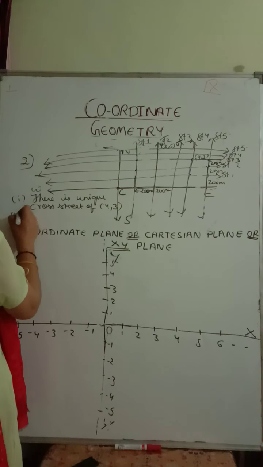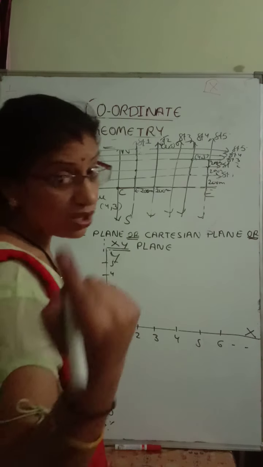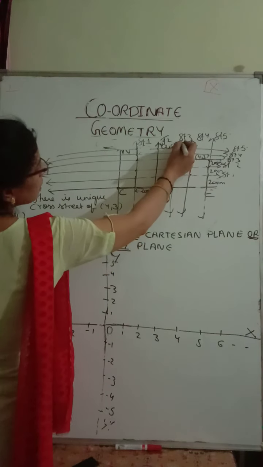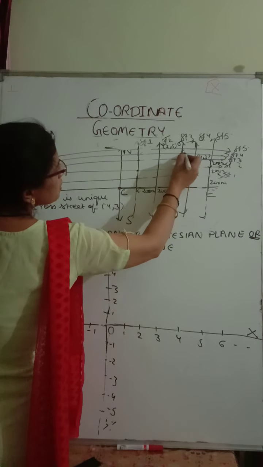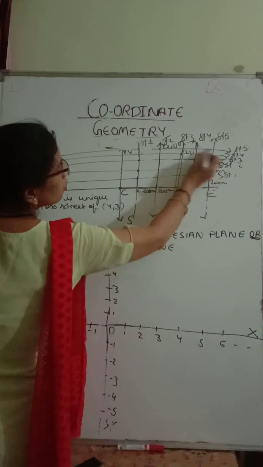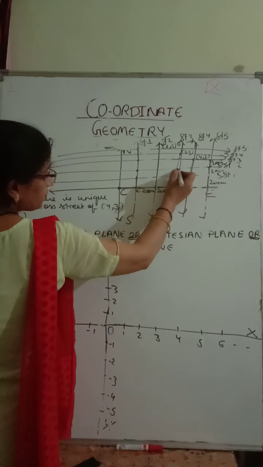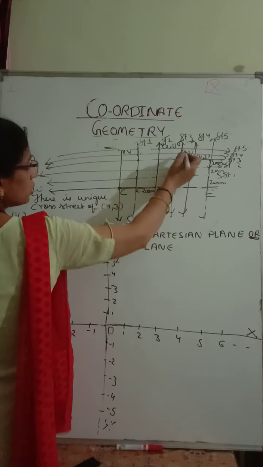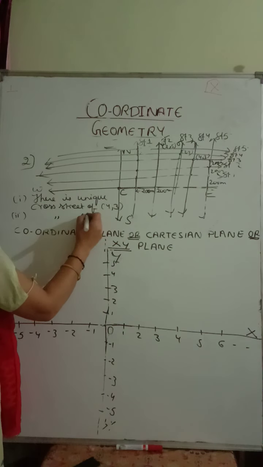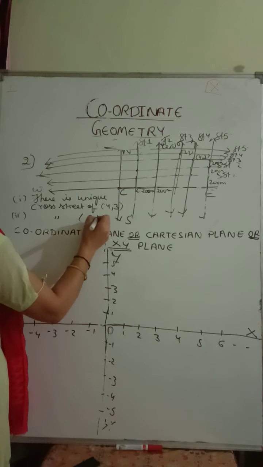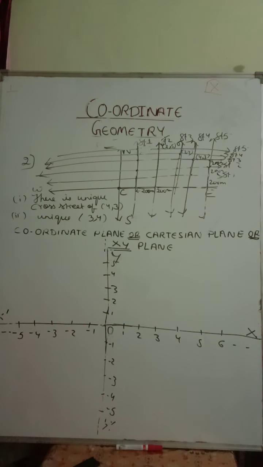And the second part is how many cross streets can be referred to as 3,4? There will be only one for 3,4 also. Simply, 3,4. See the fourth from here. Okay? Fourth. This is 3,4. See the rest. This is 3,5, this is 3,3, 3,2, 3,1. So there is unique. Same way you will write, there is a unique cross street representing 3,4. This is the answer of the second question.